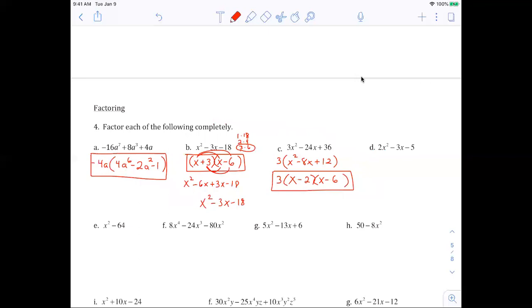All right, part D is, again, a trinomial. The leading coefficient is not 1. So I want to try and